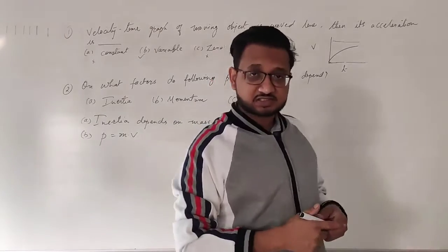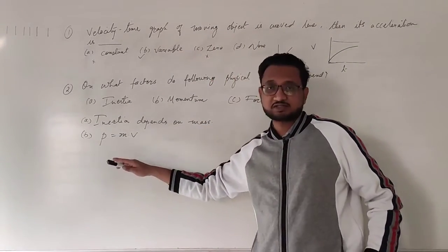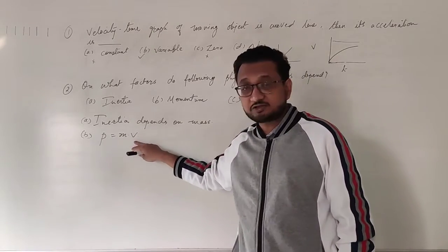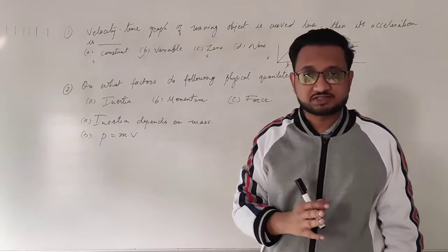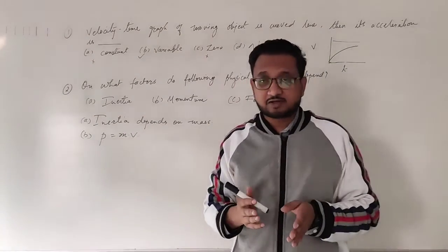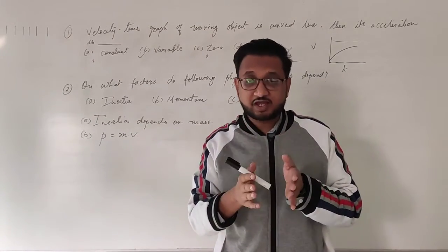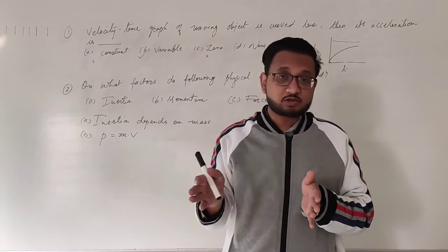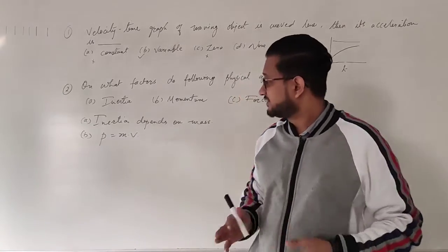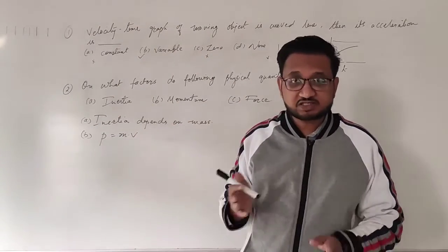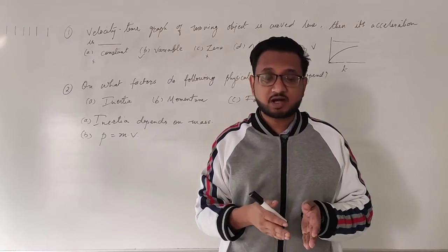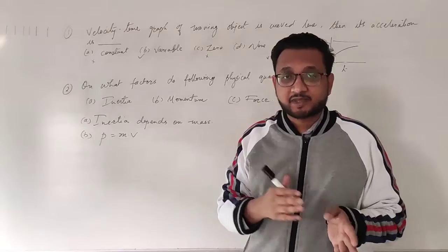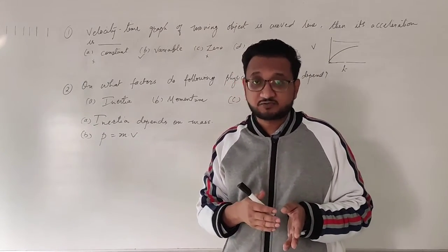Now, as the definition suggests, and we can see it in the formula as well, momentum has mass and velocity. So if any of these values changes, momentum changes. It is similar to the same thing, just like inertia. We have a motorcycle and we have a bicycle or a simple bike. Both of them are moving with the same velocity. Which one will have more momentum? Obviously the motorcycle, because the motorcycle has more mass. A simple bicycle has less mass. Even though they are moving with the same velocity, mass creates a huge factor.